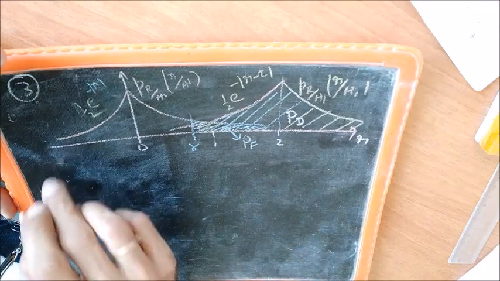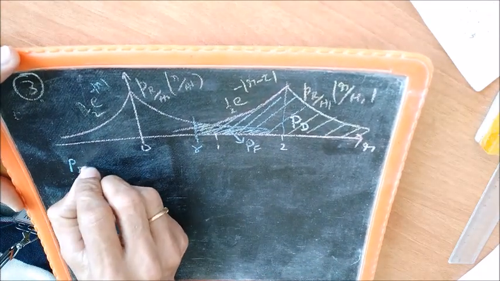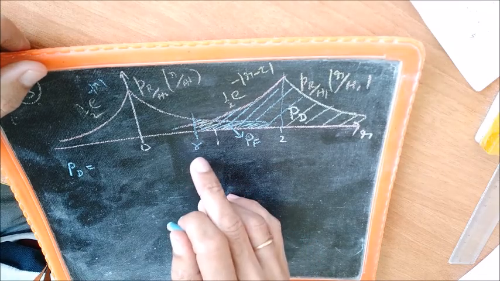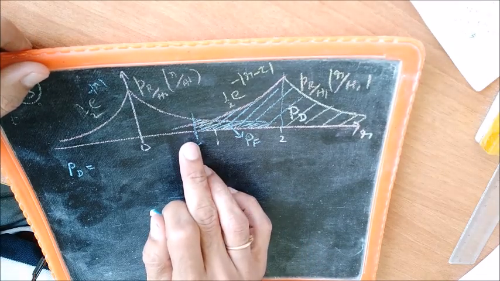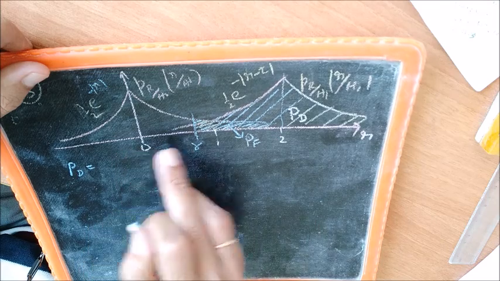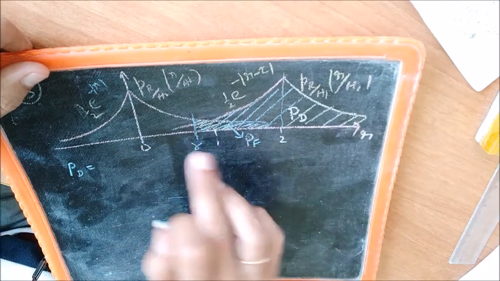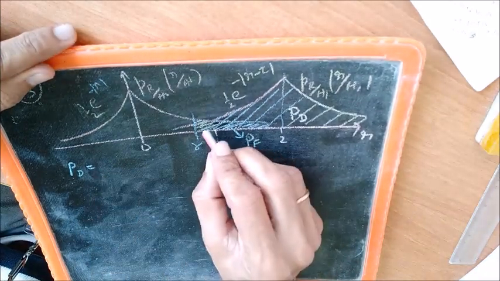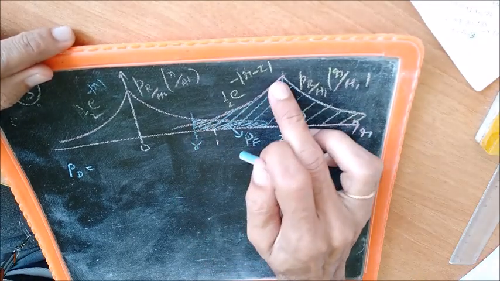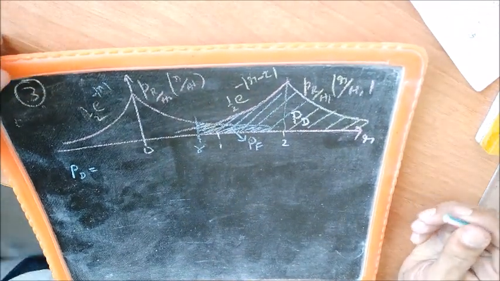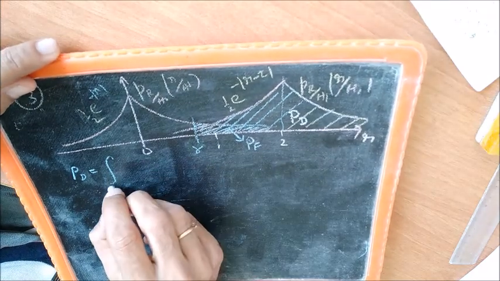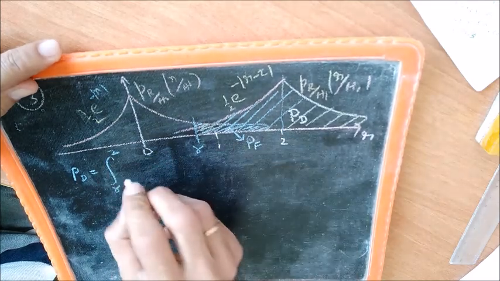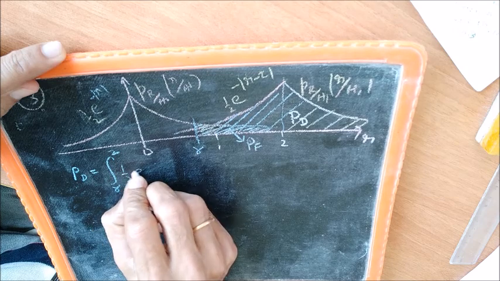So let's write down the expression for probability of detection first. Probability of detection will be equal to, let us say that gamma is less than 2, because we have to vary gamma. So let's say that gamma is less than 2. When gamma is less than 2, the probability of detection will be, as I have shown here already, this shaded area, and that can be computed as the integral from gamma to 2 of 1/2 e^